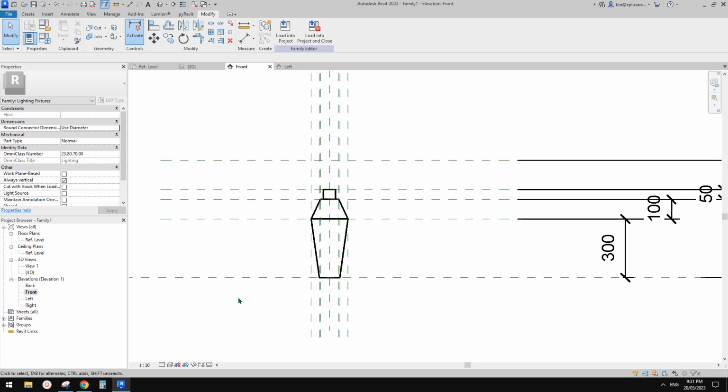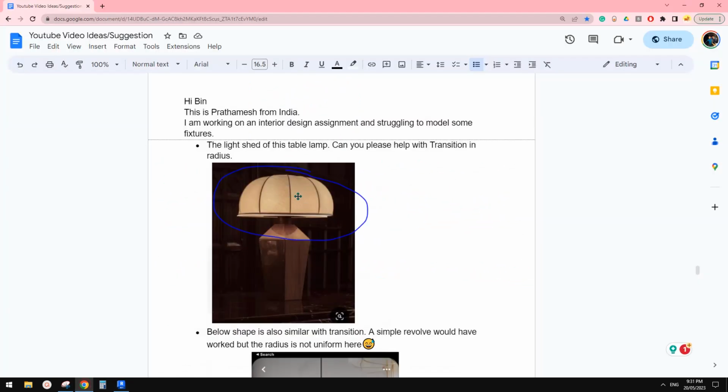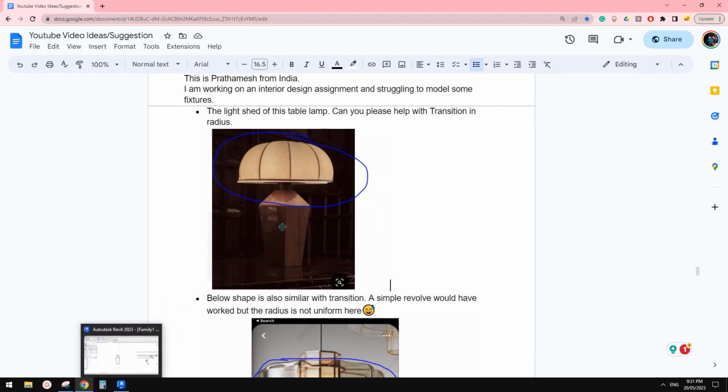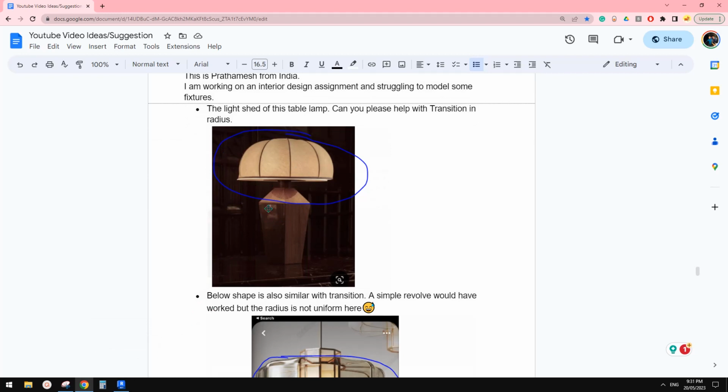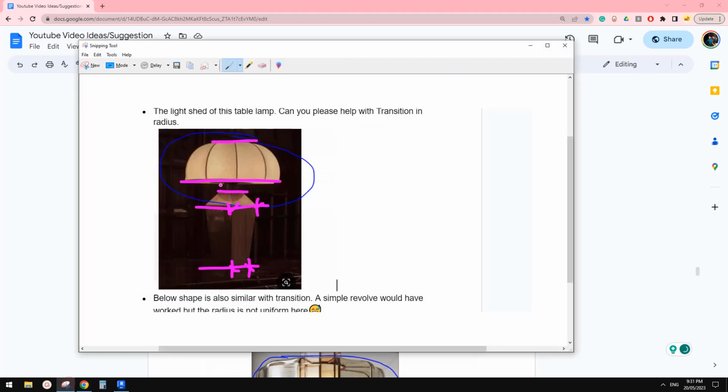Okay, so now the last one, this bit. This bit can be a bit tricky, so we're going to use sweep. But before that, for this sweep we need to find the radius or diameter of this circle. So I'll draw this one. If we look from here, this is a circle. We're going to use this circle as a path for the sweep. So let's go to Revit,